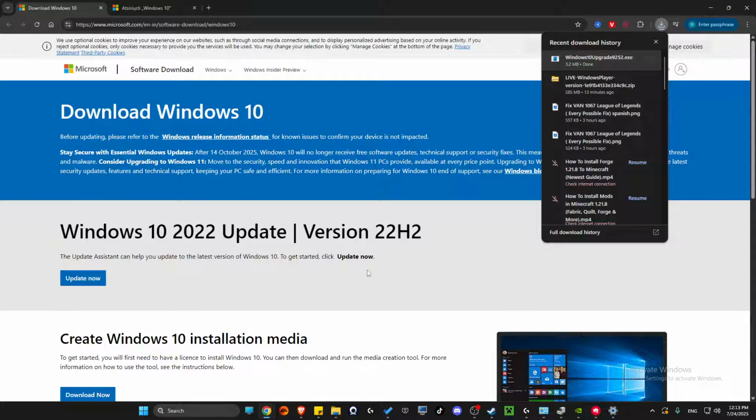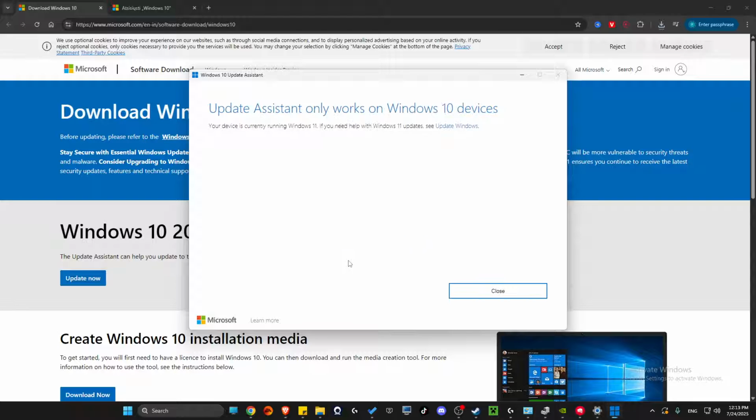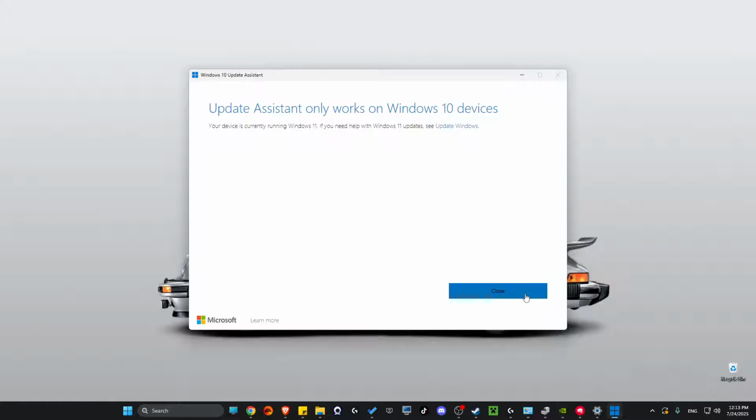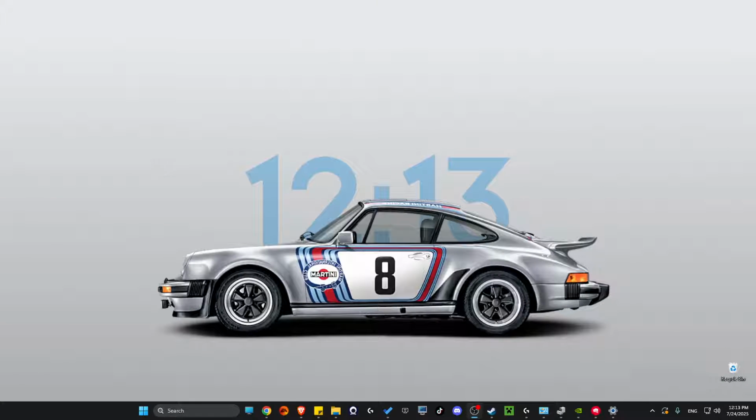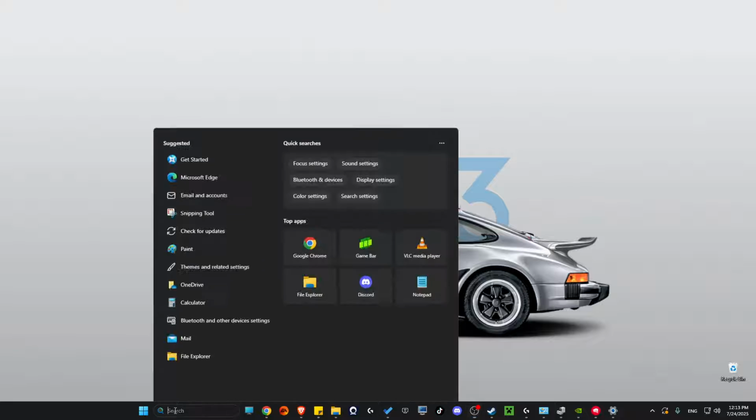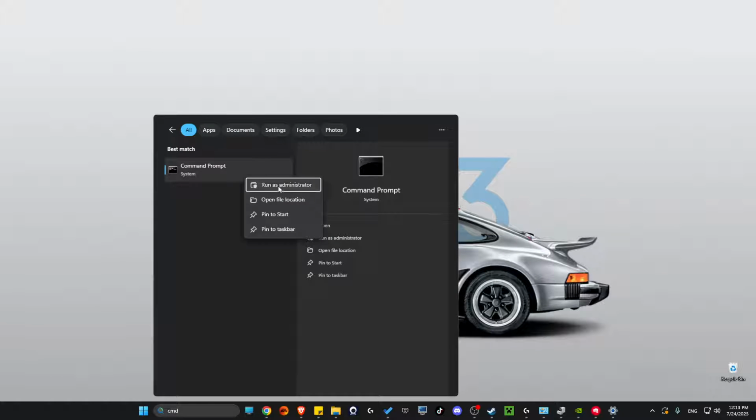Then what you need to do here is to run it, right, and then basically complete the thing here. I have Windows 11, so it's not working for me, but for you, it should work, right? Then the next step after you restart your computer, you need to open up CMD or command prompt, right click,